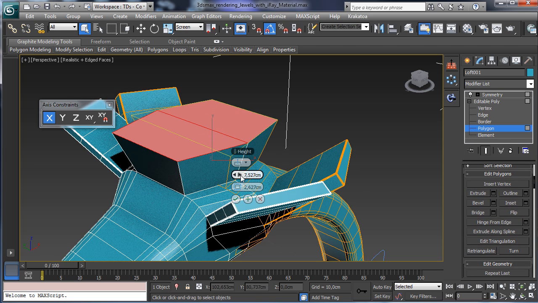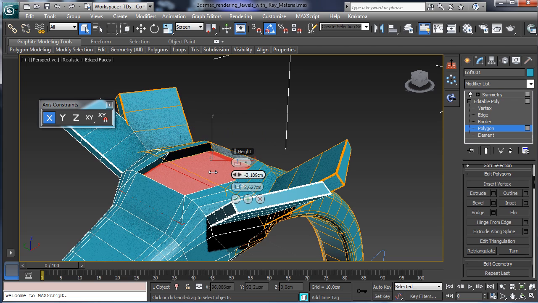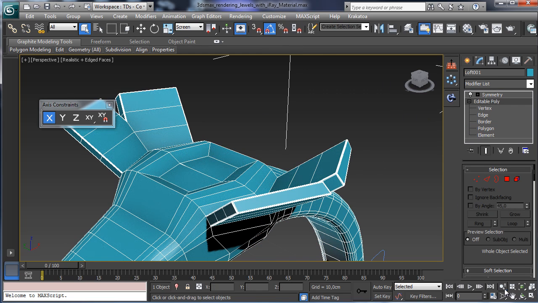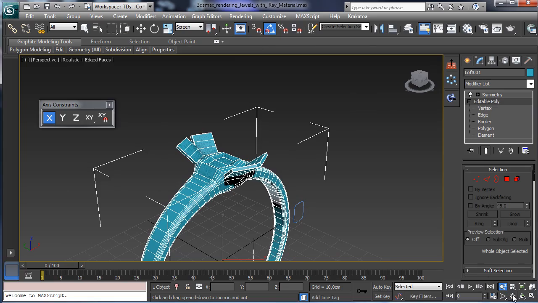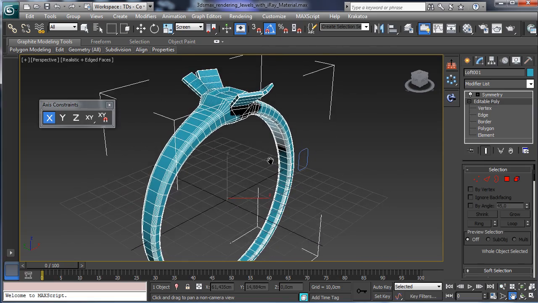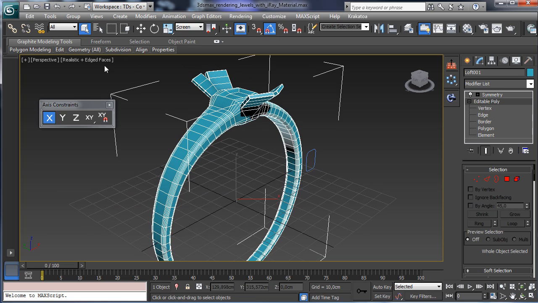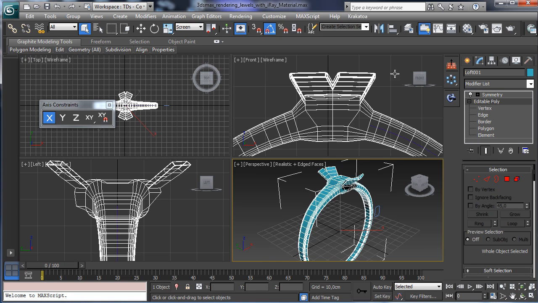So we'll have a bevel, but it will be down, and the scaling will be less. Okay, so you see we have the right shape. Okay, now this one is really simple. Then I'd like just to